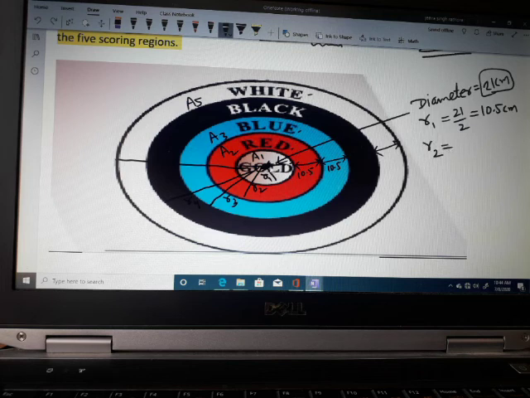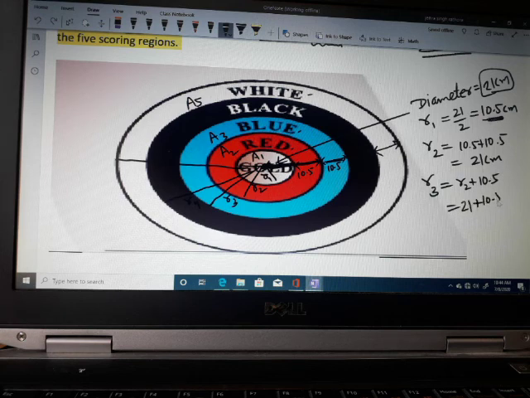Now what will be the radius of R2? R2 is equal to this radius plus 10.5 centimeter. So add 10.5 centimeter in this. So 10.5 plus 10.5, that is equal to 21 centimeter. Next, what will be R3? Again add this 10.5 in R2. R2 plus 10.5, bandwidth 10.5. 21 plus 10.5, that is equal to